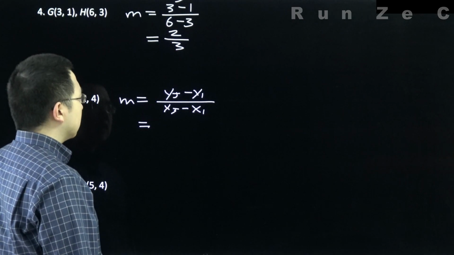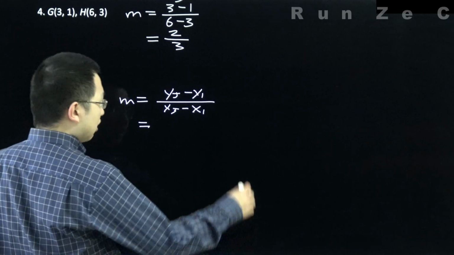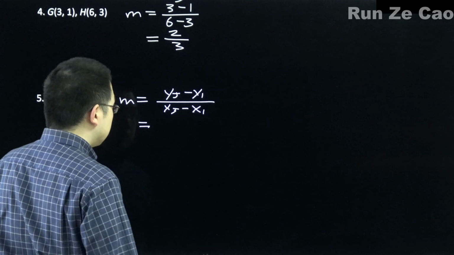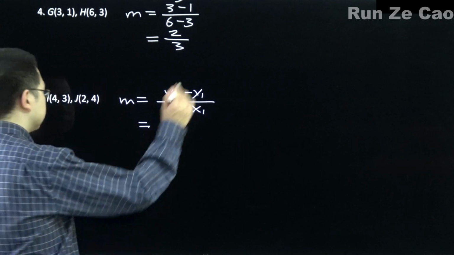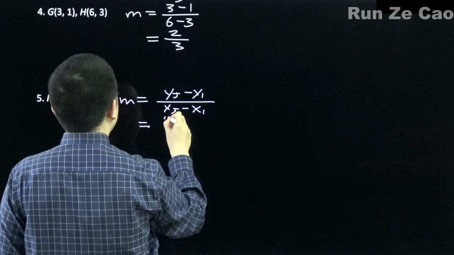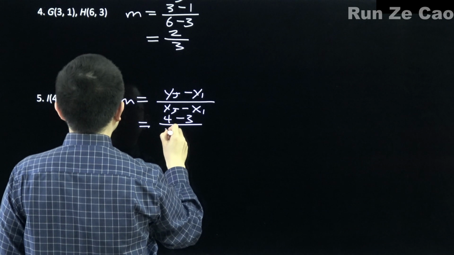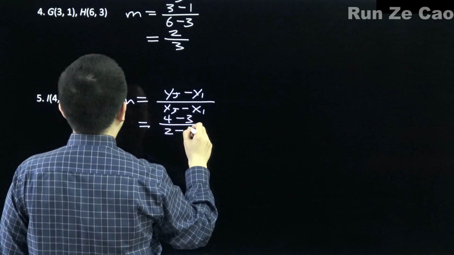On the other hand, we do use O for the origin, which is 0, 0 on a Cartesian grid, but otherwise, no. So yj was 4 minus yi, which is 3, over xj, which is 2, minus xi,